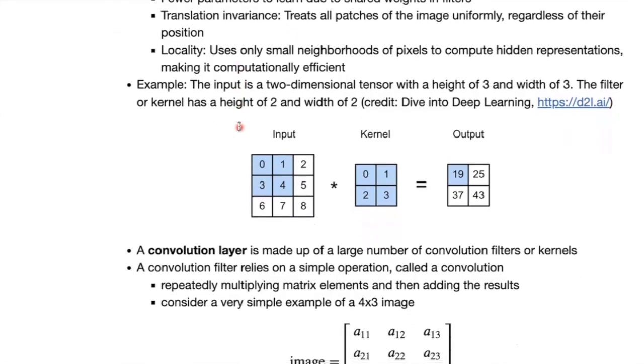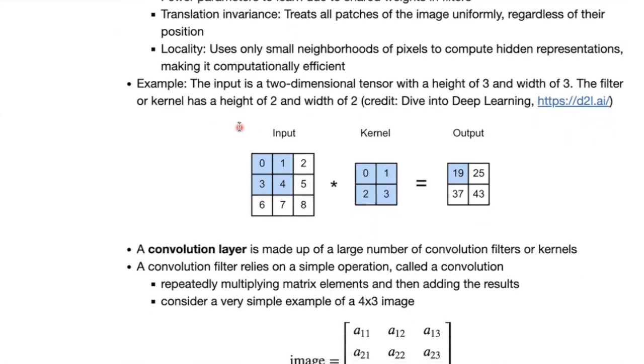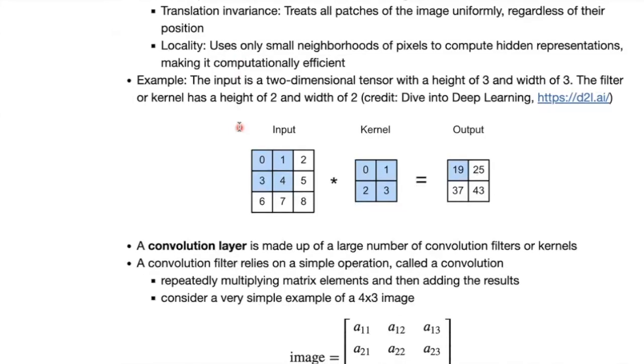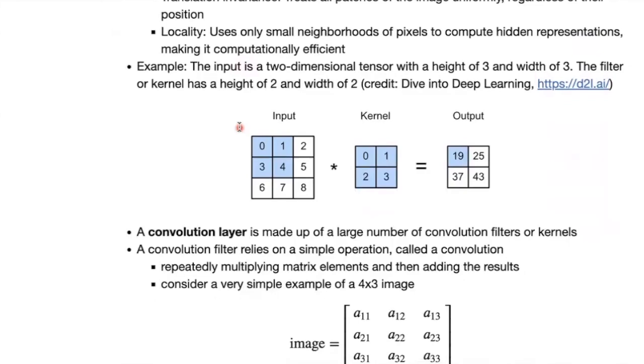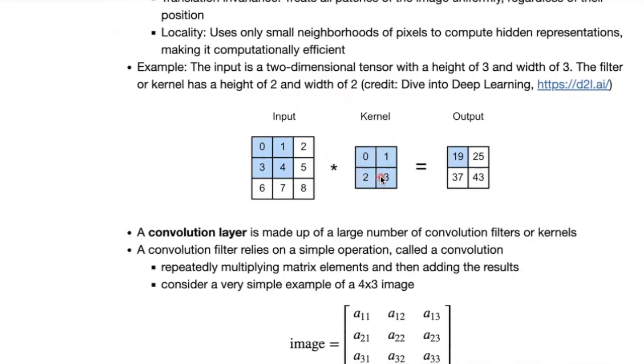Okay, so I mentioned a lot about convolutional layers and the idea of using fewer parameters compared to dense layers. So how is this possible? This is an example to demonstrate this. Let's say your input, which is this image right now, is a very simple, small image of height 3 and width 3. And now you have a kernel, also known as a filter, of size 2 by 2. Okay, so now we want to perform this